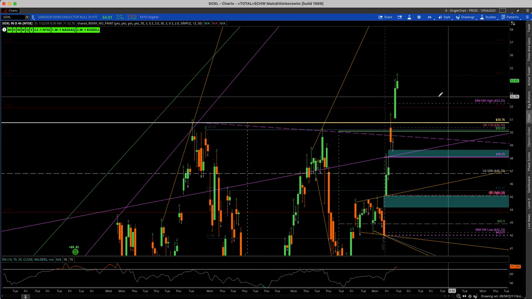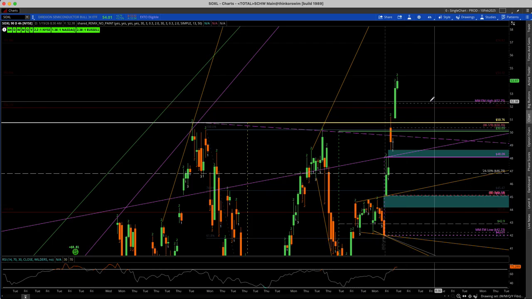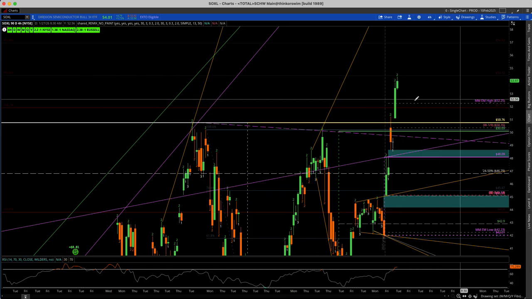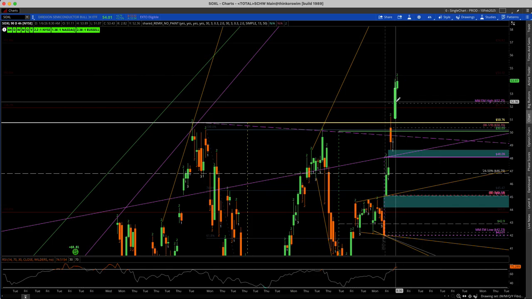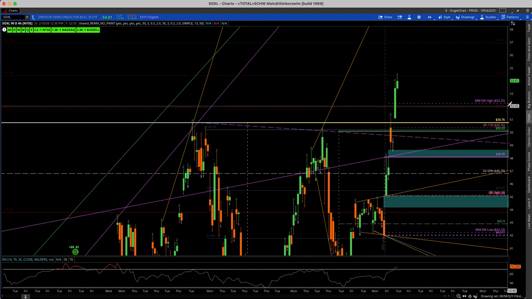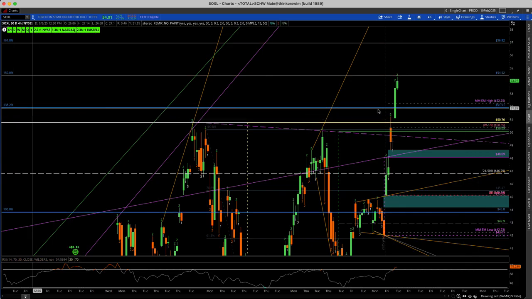So we got an intraday bounce off of this 52.25 level, market makers expected move high. If you're not familiar with that level, check out our weekend video where we talk about that a little bit more. But we did get an intraday bounce off of there, so it's possible to expect an intraday bounce off of there as well. Also, just because this 138.2 fib extension of the April 7 bull flag lines up around